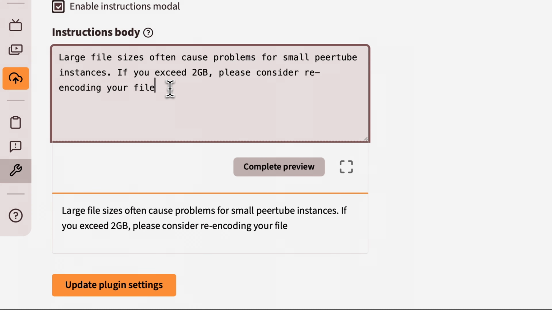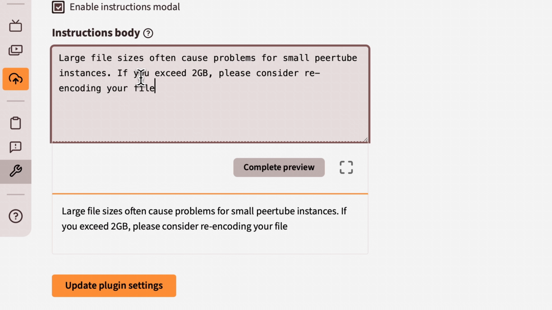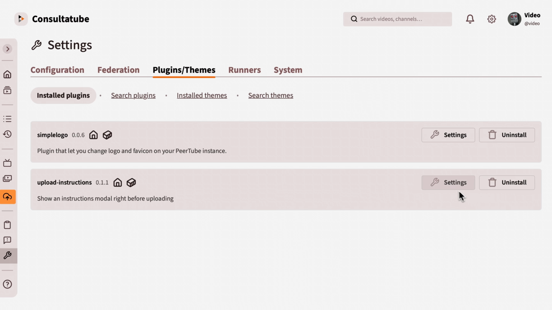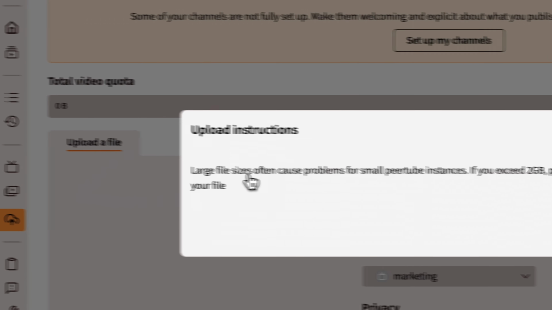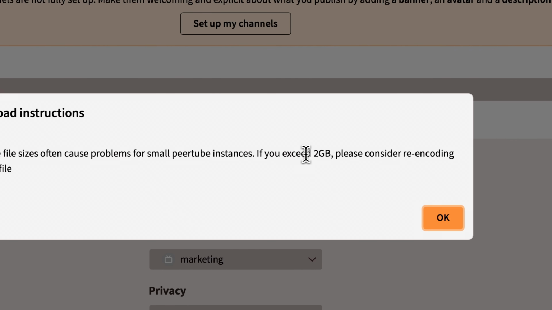So the upload instructions, this is just to kind of remind people that PeerTube is not YouTube. You can't just throw a 100 gigabyte file at a basic server and expect that to go well. So we're trying to do people a favor here by having this default message that says, if your file is bigger than 2 gigabytes, you're going to have a bad time. You can pay for a really, really expensive instance, but I think a lot of people buy a very cheap instance and then they try to put very large files into it and run into problems. So this is an upload instruction that's just universally a good idea. So what this does is if I go over here, click here, we'll see that text. Just reminding people, keep in mind, 2 gigabytes is quite a big file.